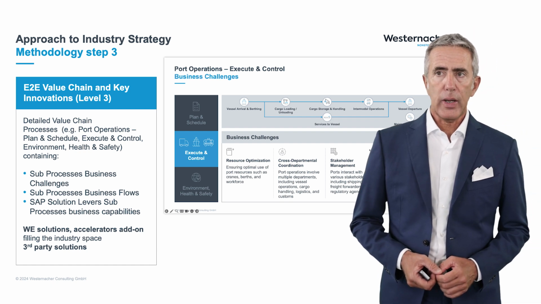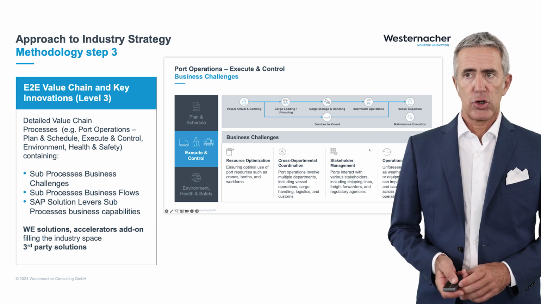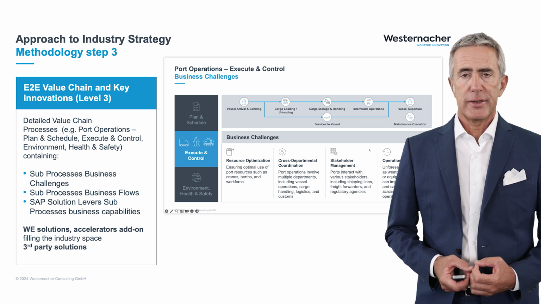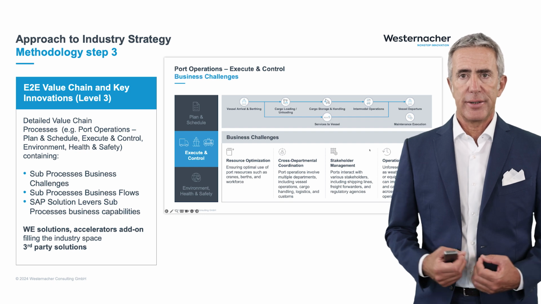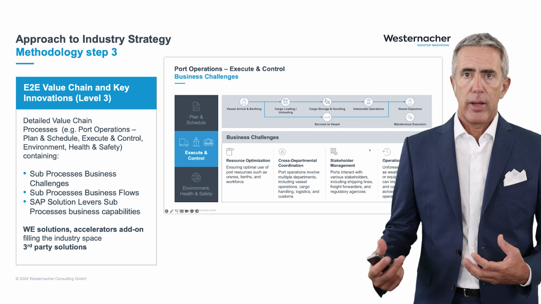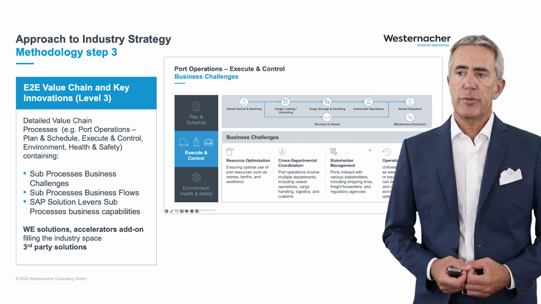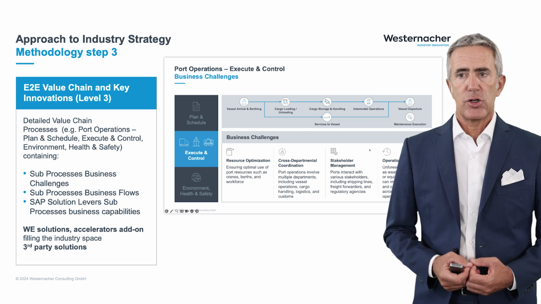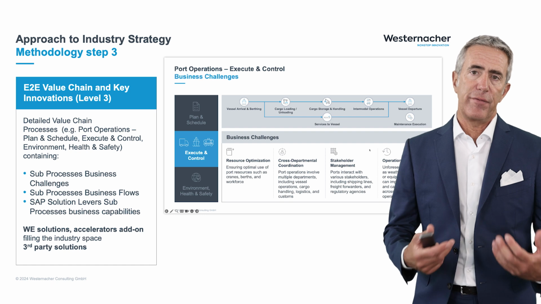And in this example, we can see in the port operation, in the execute and control sub-process, the typical process flow of a vessel that arrives at the port is loading, unloading, and all the operations related to the vessel operations, and the typical business challenges that a company that operates in the port operation can face,